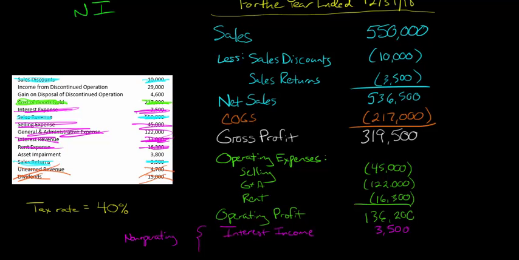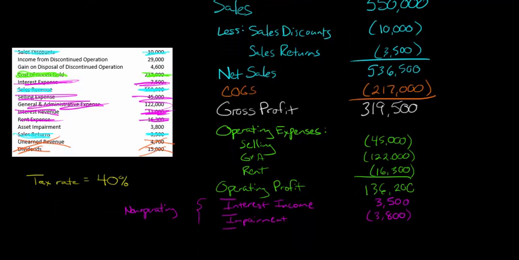Now we're going to have, see this impairment? When we have an asset impairment, usually that's a non-operating charge as well. For some reason we had to write down the value of one of our assets. So I'm going to put this impairment expense here. And there would be a reduction. And now that's going to lead to our income before income taxes. Income before tax. And that's going to be